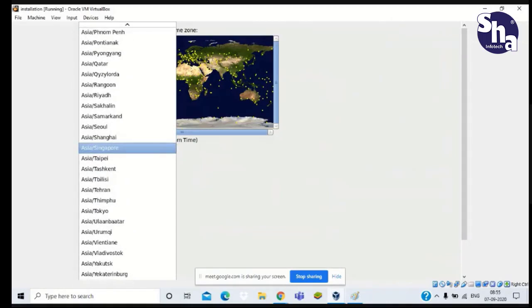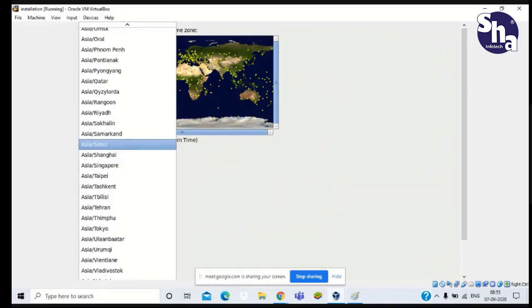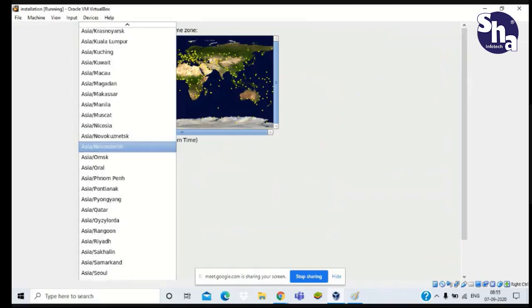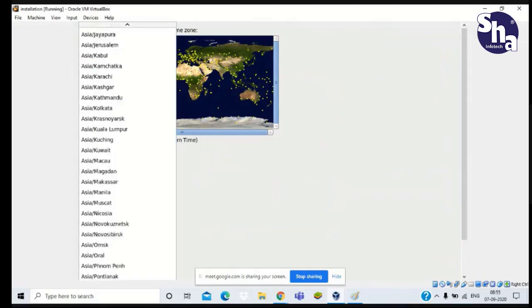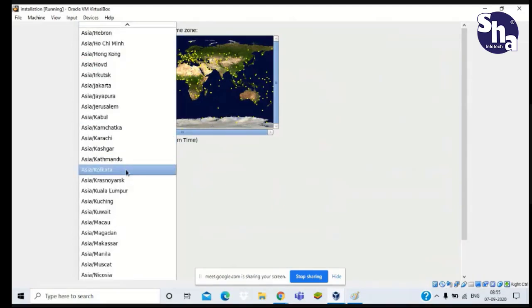Asia. Yeah, you can see here Asia Kolkata. Either from the drop down arrow you can select your location, or from the picture. Okay, by clicking on that particular area where you are from.